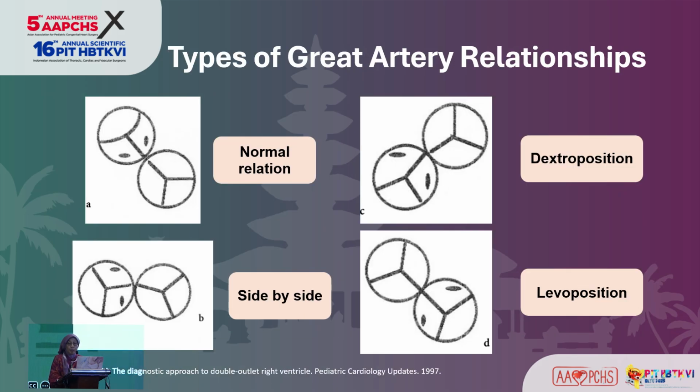The relationship between the great arteries is another crucial anatomical variable. We can encounter the normal arrangement, a side-by-side configuration, dextro position, or levo position. Each of these orientations carries specific physiology and surgical implications. For example, an abnormal great artery relationship may complicate the rerouting of the intracardiac baffle or influence the choice between biventricular versus univentricular repair strategies. Careful delineation with echocardiography, CT, or cardiac MRI is indispensable to surgical planning.